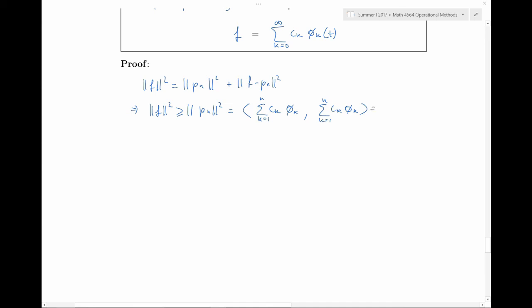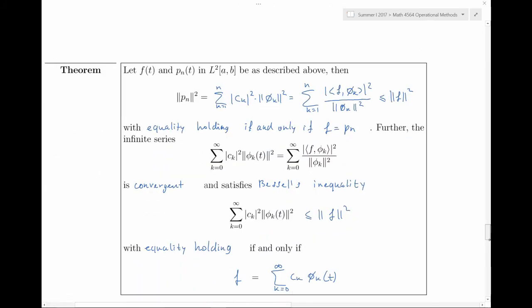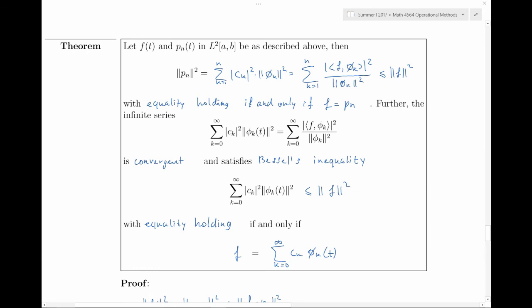So the only thing that resides here is the sum of ck in absolute value squared times the norms of phi k squared, k goes from 1 to n. Therefore, we have proven this inequality right here,